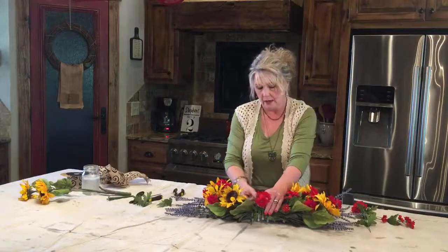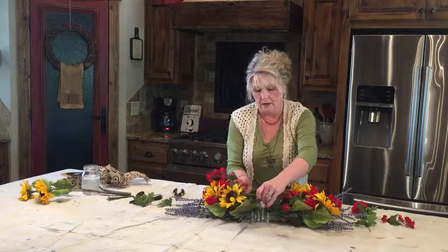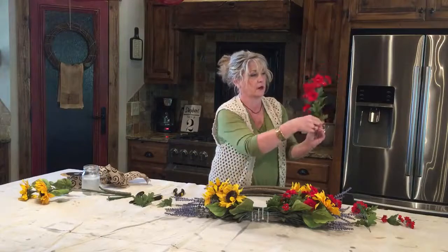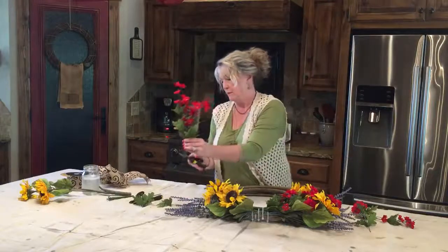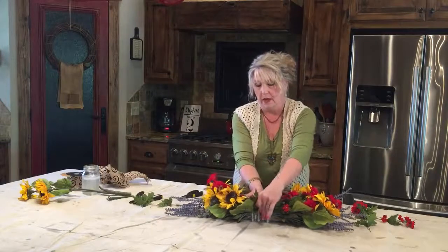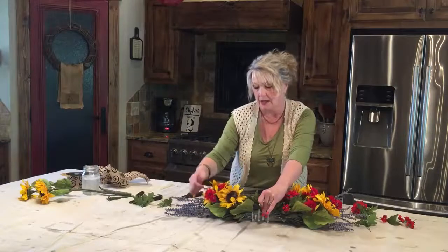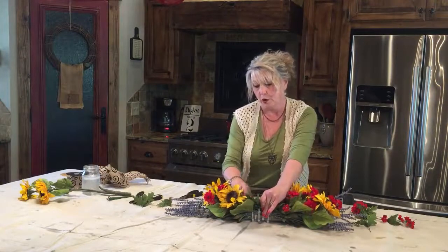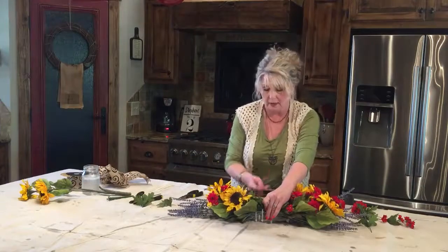And I'm going to pick this guy right here. And I'm going to take one of his green leaves off. And then kind of holding it up next to the others because I know where I want it. And then I'm going to cut off this excess stem just so that it's not in our way and not creating an odd look on our wreath. Okay, now when I'm happy with how those look, and you can kind of tuck some of them behind so that they look natural. Just tuck them behind some of your sunflowers or whatever your statement flowers that you're using. And I'm going to hold this. Well, I'll tell you what, before I hold it up, I'm going to go ahead and stick another